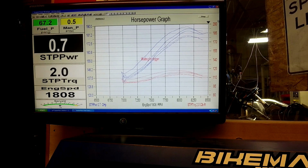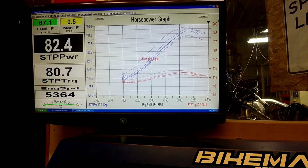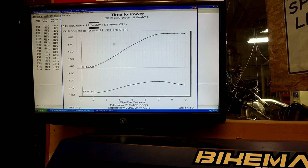These engines are very efficient. They run .5 for brake specifics consistently, so it's a lot different than the old days where everything was 0.6 and above. These engines are very efficient with fuel. So down low there's not much change, and as you go up, being leaner definitely does change. Like I said, be cautious,